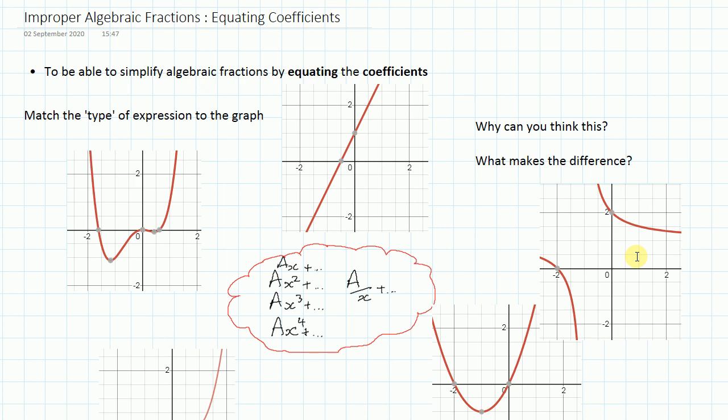As a starter, you were asked to have a go at this exercise, which is an introduction as to why equating coefficients works. It's a technique for manipulating equations and being able to find two expressions that are similar. We're going to use it to take an algebraic fraction and split it into simpler expressions and one fractional element at the end. It leads to a skill called partial fractions,